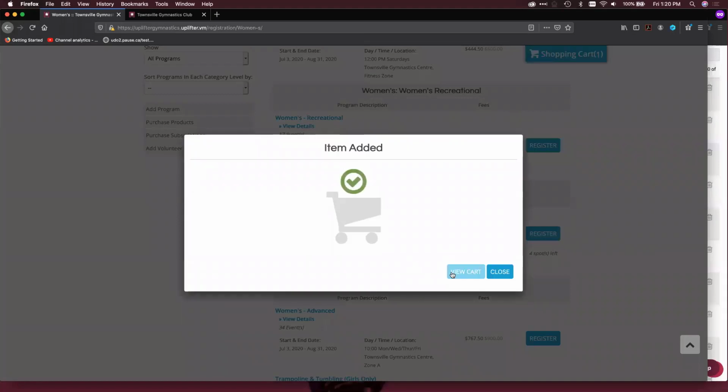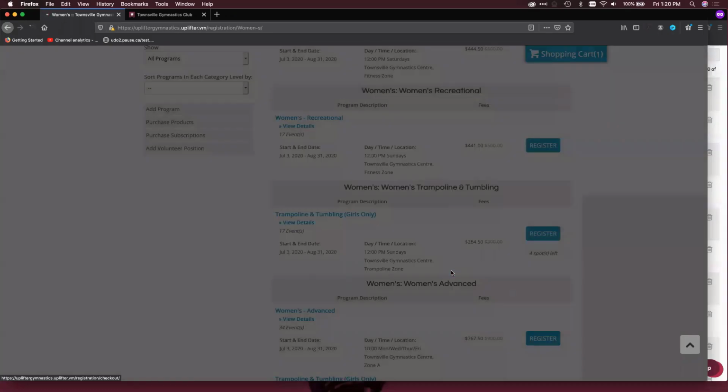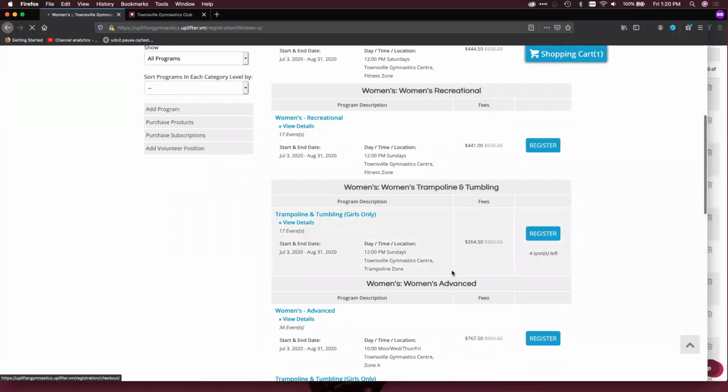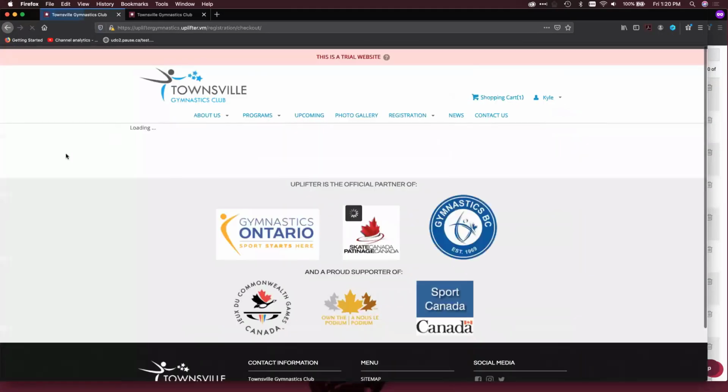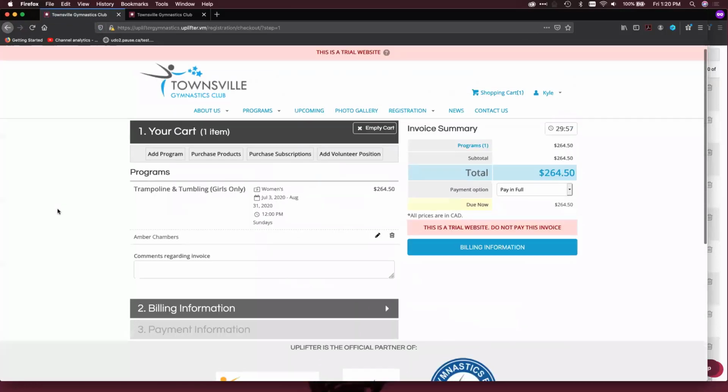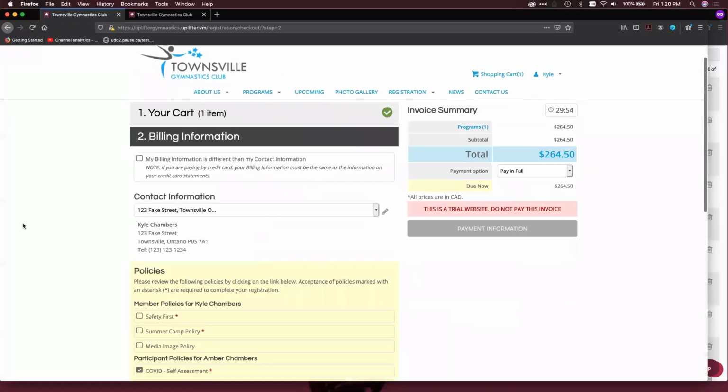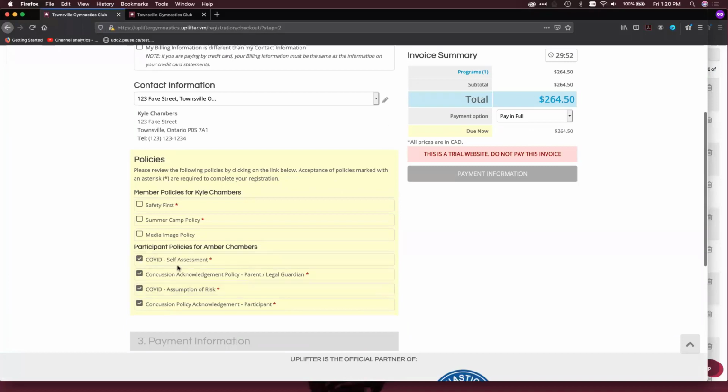Now, I had actually checked out previously with Kyle and Amber for some different programs earlier today. Because of that, when I go to my shopping cart page and click on billing information, you'll see that the policies I had already accepted in my previous checkout that have an expiry date are presented here, but because I've already accepted them, they're already checked off.